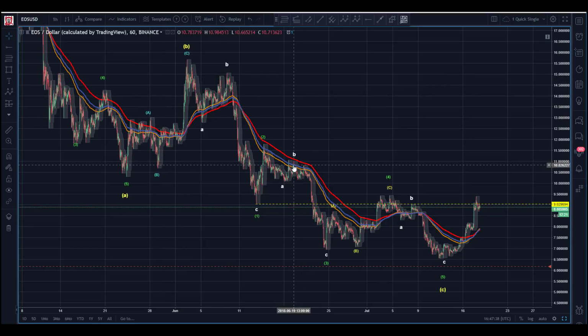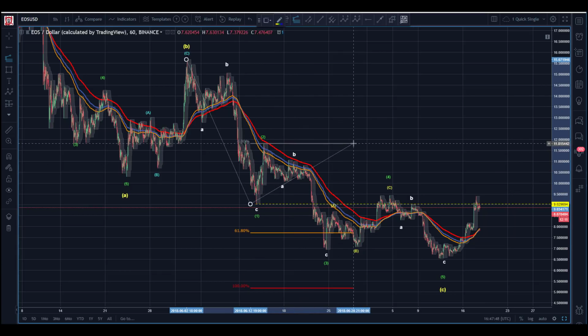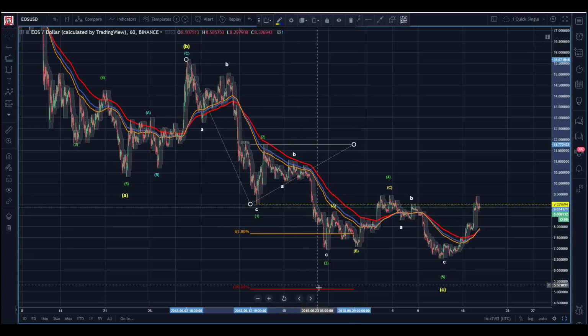At first glance, you look at that and think, wait a minute, that first wave looks longer than the 3rd wave. I thought the 3rd wave had to be the longest. Well, if we measure it, we can see we haven't made 100% the length of the 1. But remember, as I've mentioned many times, whether we're looking at an impulse or a diagonal, the 3rd wave does not have to be the longest. It most often is. It just can't be the shortest.